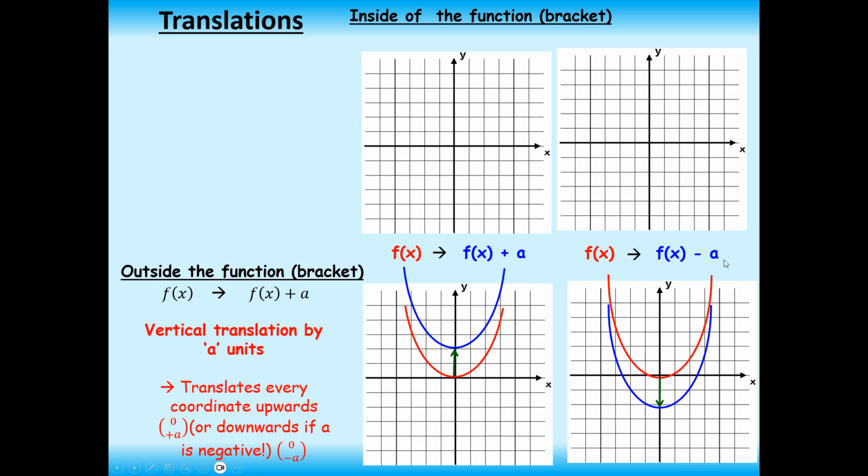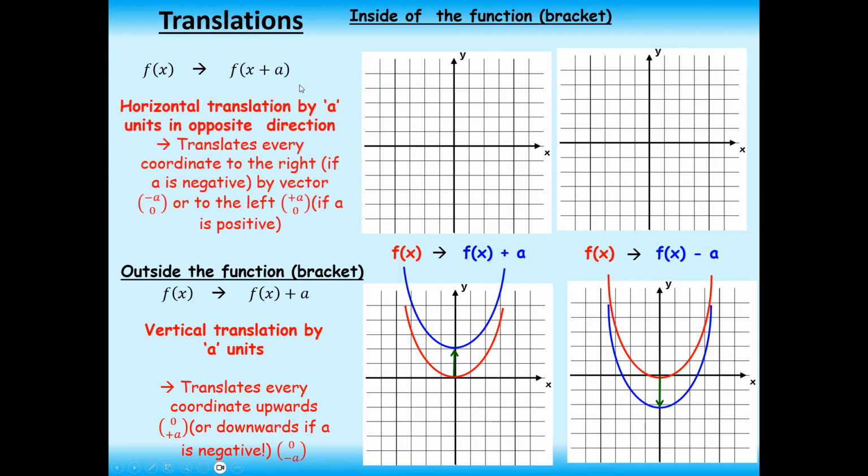If it's subtracted outside, it moves down. Now here, the constant a is added inside of the function, so it would translate the graph in the inverse direction to what you would think. I say you would think, I'm sorry, it's just counterintuitive. I'm not insulting your intelligence, I'm sure you're intelligent people, I'm just saying that when a is added,